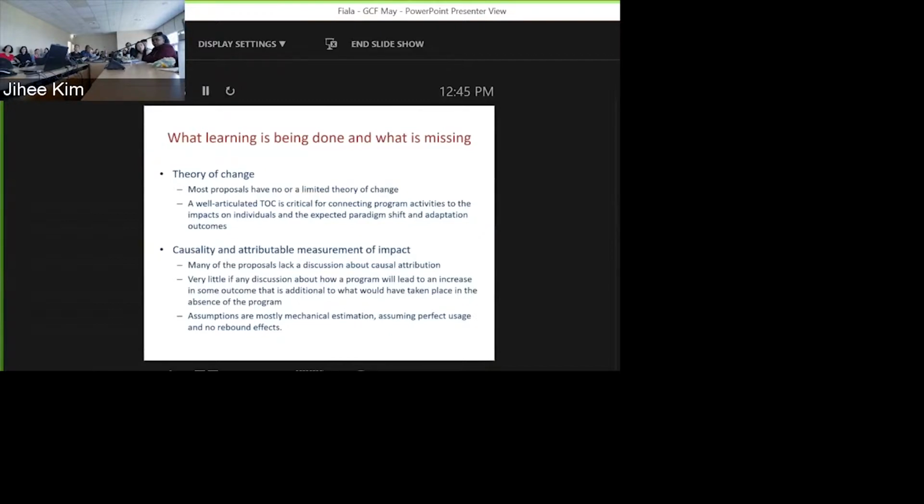It's a hard thing to talk about in a proposal, it's a hard thing to think about in your program, but it's a really critical part, making sure that we understand what it is that we're going to be doing. What are the impacts that we'll actually have? What I think is most interesting, and this is really common in a lot of organizations, is that the assumptions about how you get to the impact are basically mechanical.